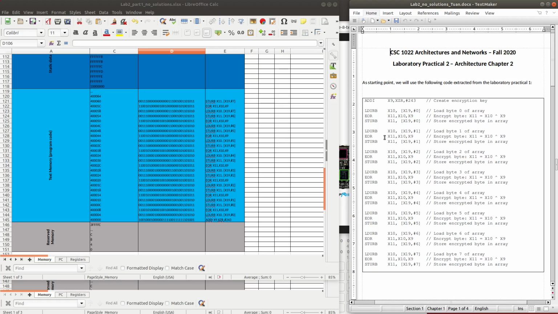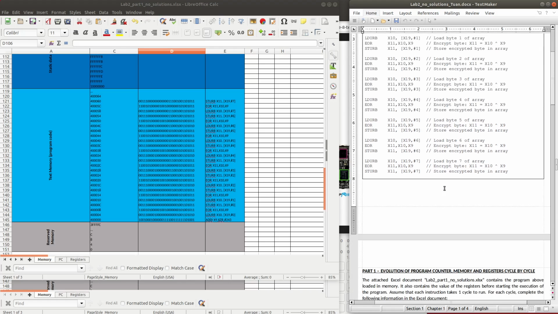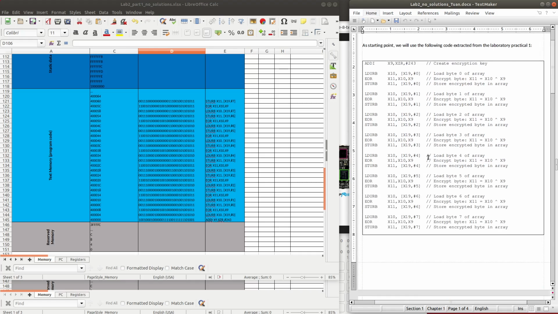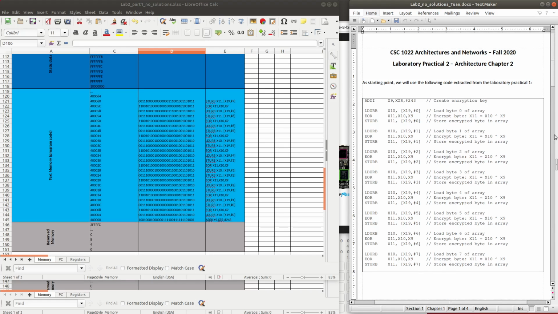The result in X11 will be written back to memory at the same location, and we do the same thing until the location at offset 7. And so now we will use this program for our lab 2.